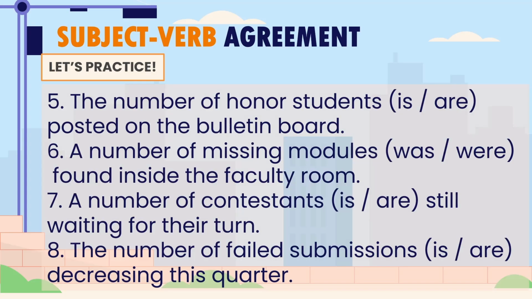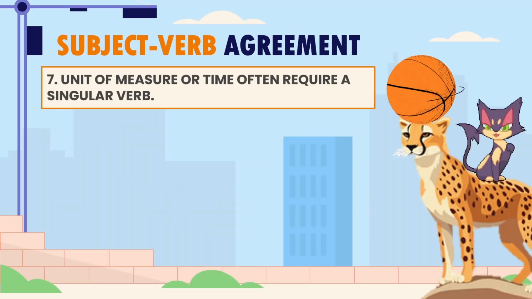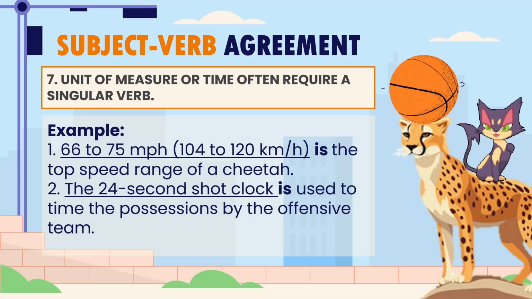Next, so I think let's skip this one. Kung gusto mo namang mag-practice, then just pause it for a while. Okay, for our seventh SVA rule, a unit of measure or time often requires a singular verb. Kapag may unit of measure or time, lagi siyang nagtitake ng singular verb. For example, 66 to 75 miles per hour or 104 to 120 kilometers per hour is the top speed range of a cheetah. So as you can see here, kapag may specific measurement na ginamit sa sentence or time, lagi siyang magte-take